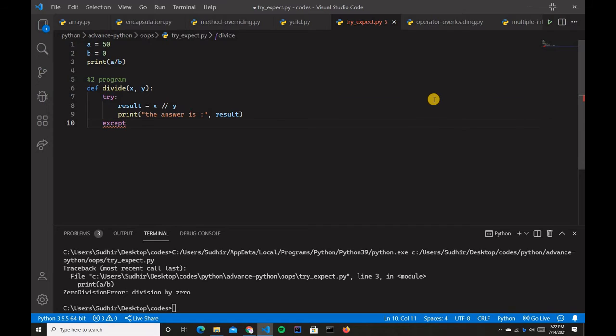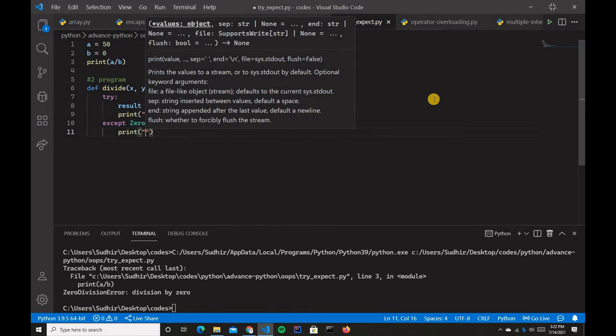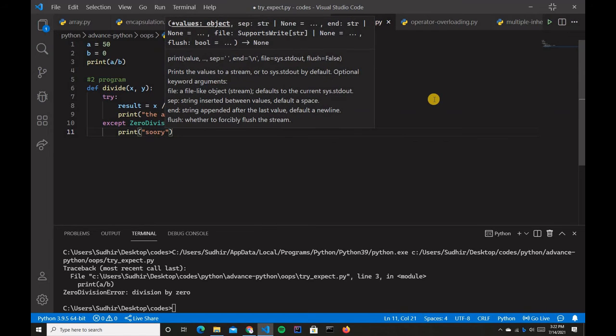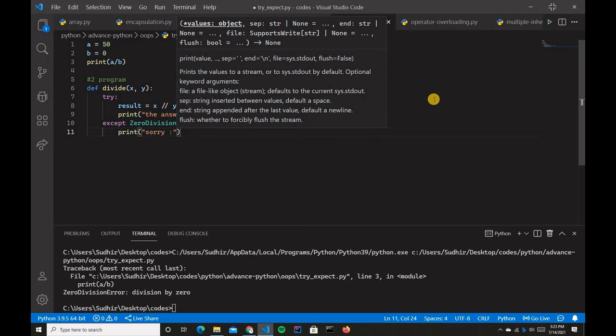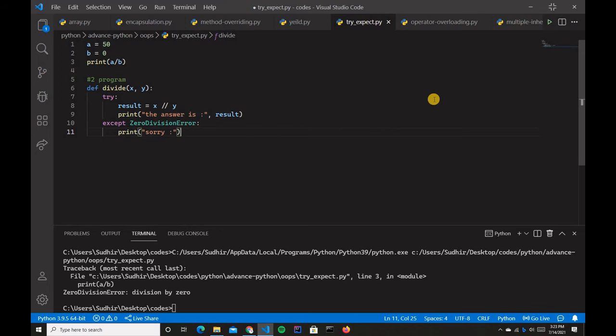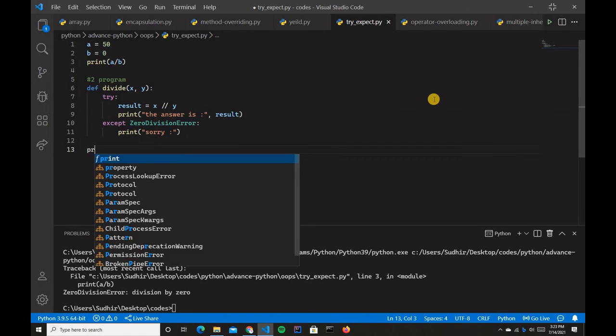And after that guys, you have to type except, and then simply type ZeroDivisionError, something like this, and then you have to type print sorry, something like this. And then we have to type divide,